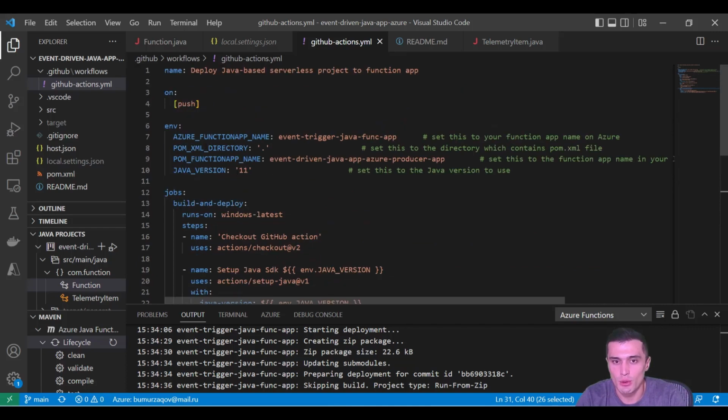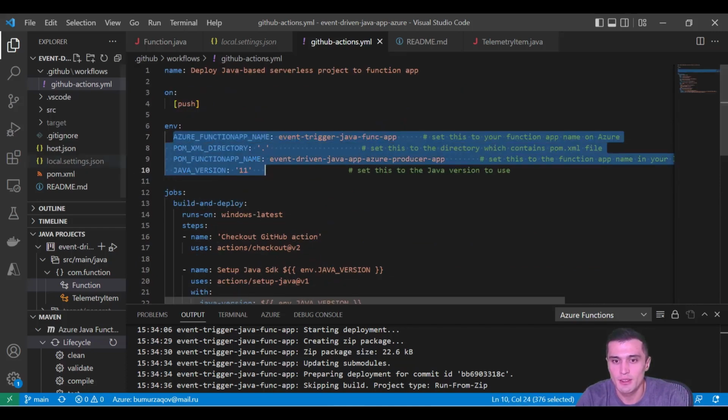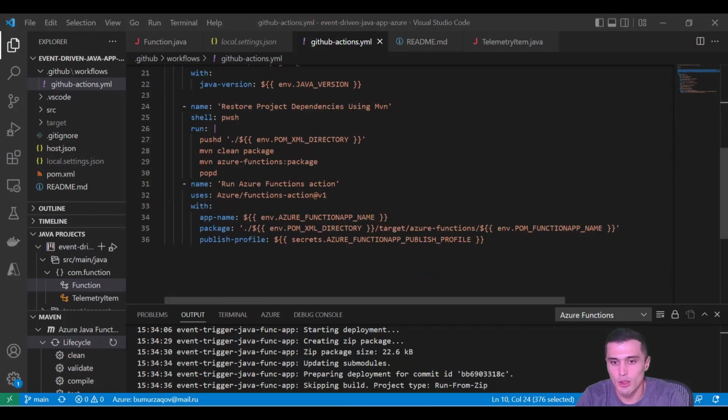And do not forget to also specify some environment files here. We also need to specify the publish profile name that we created on the GitHub portal. As you can see, it should match the same name of the publish profile.